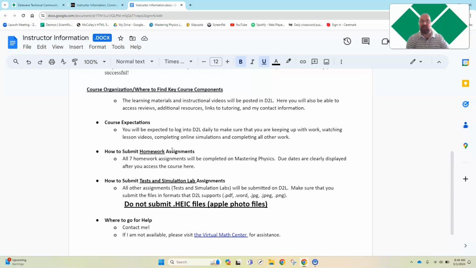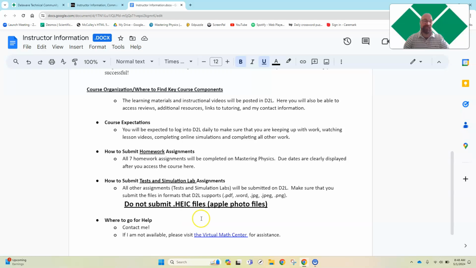So that's aligned with the book. So you'll want to get a copy of Mastering Physics that goes along with the book. I'll have a link in this important class information tab where you can access the bookstore and get everything you need there. One thing that you're also going to do is take screenshots of various things and send them to me.